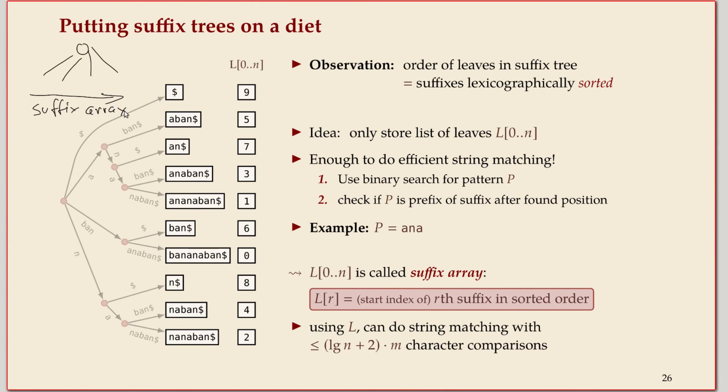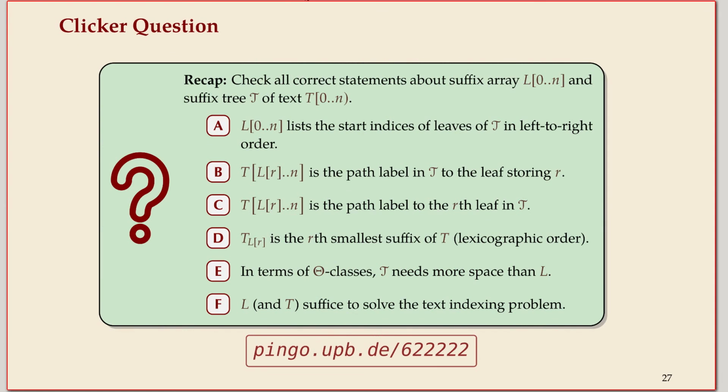The suffix array would read the starting index in the leaves if you traverse the tree left to right. So we can forget about all of this tree and just store this array of leaves. And I showed you last time a little bit how we can search in this with binary search. Now again, just a little recap to make sure you're very up to date on this